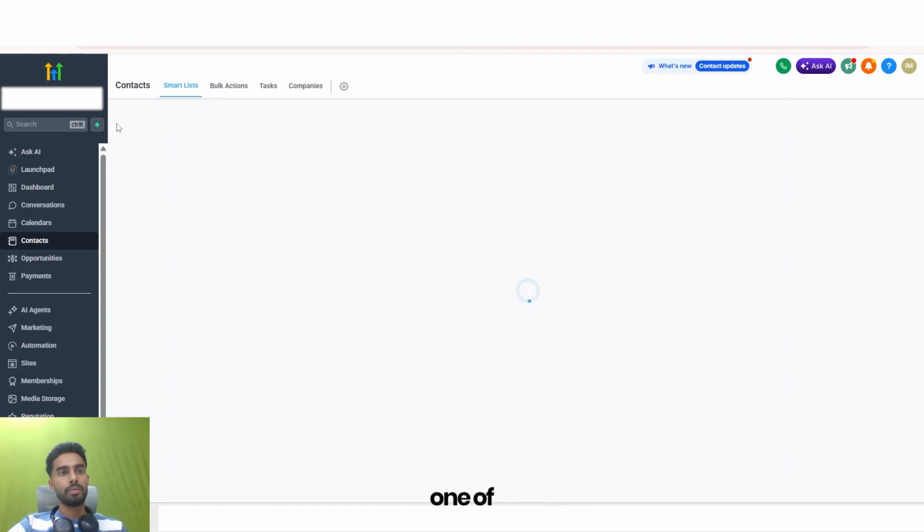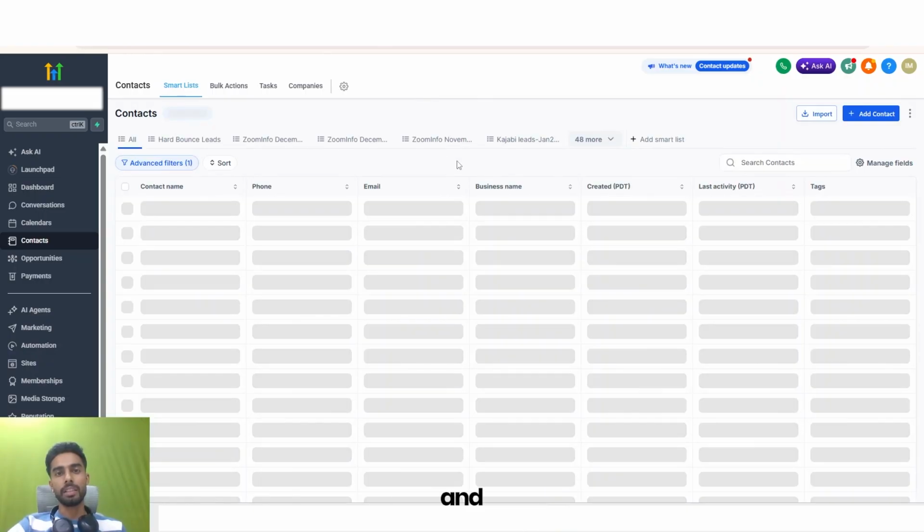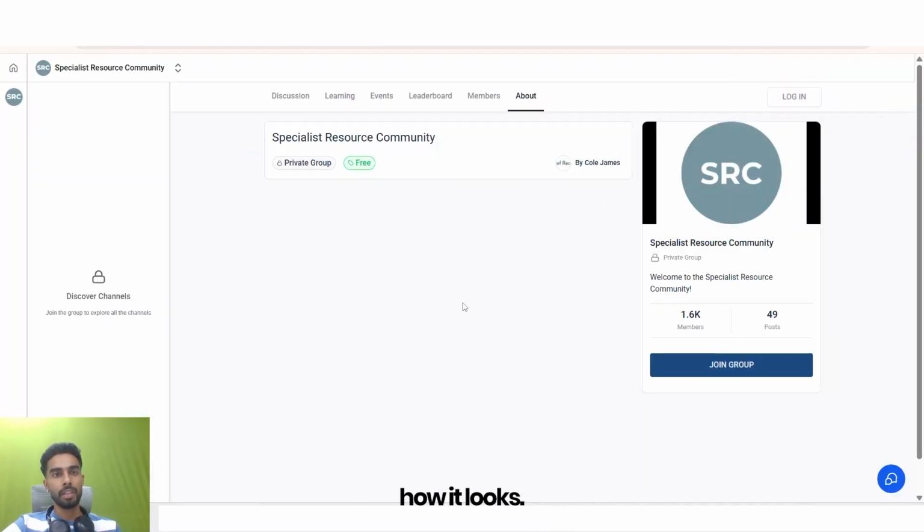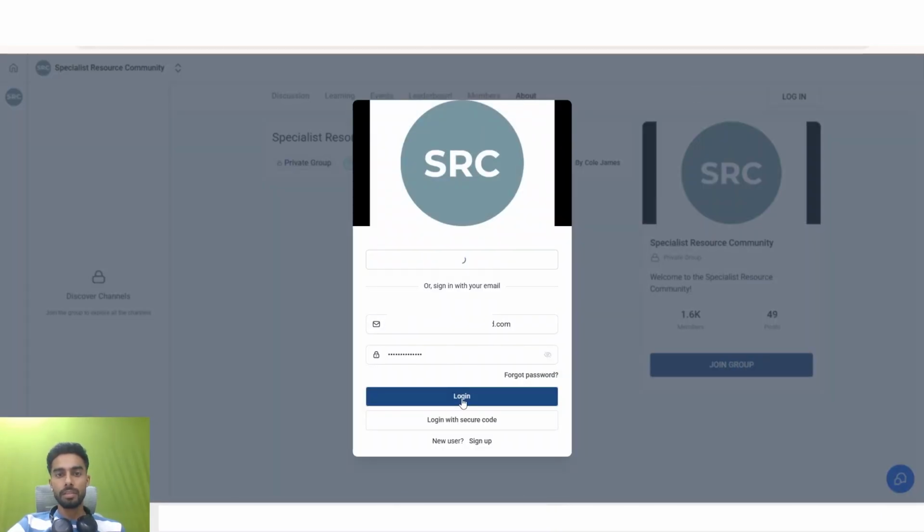So this is one of the processes, and once the contact gets their training done, they are getting the course access or the SRC access which we have created on GoHighLevel as well. So I'll show you how it looks. So this is about the Specialist Resource Community, the community which we have created on GoHighLevel. And once I log in here,